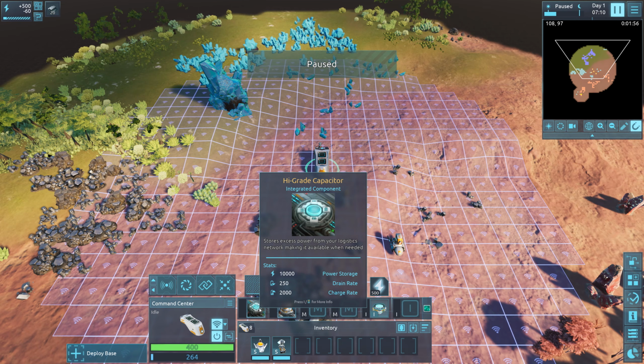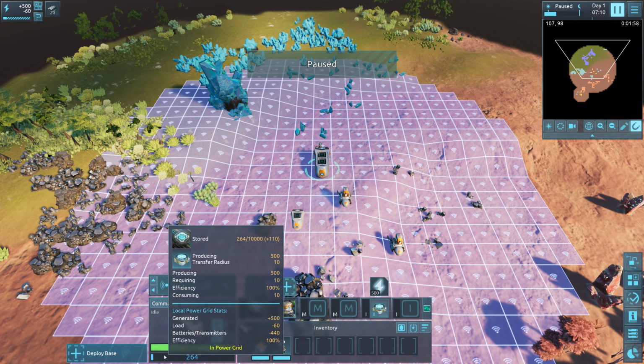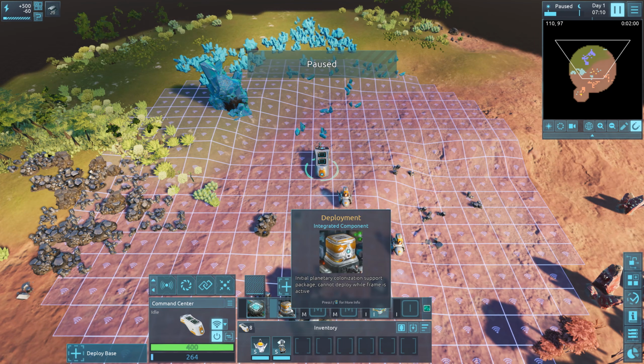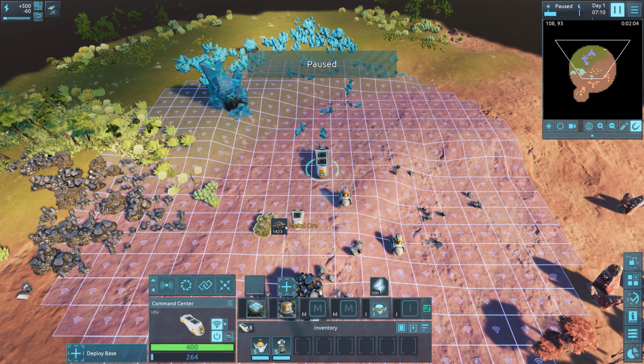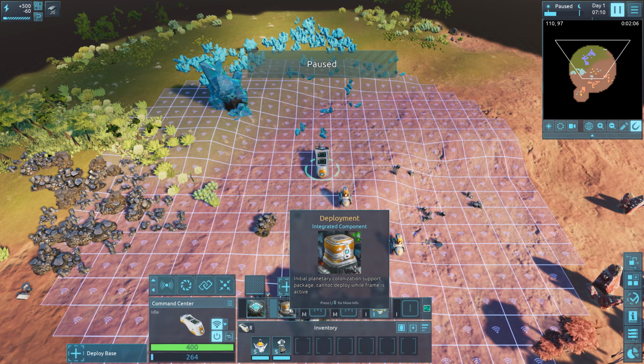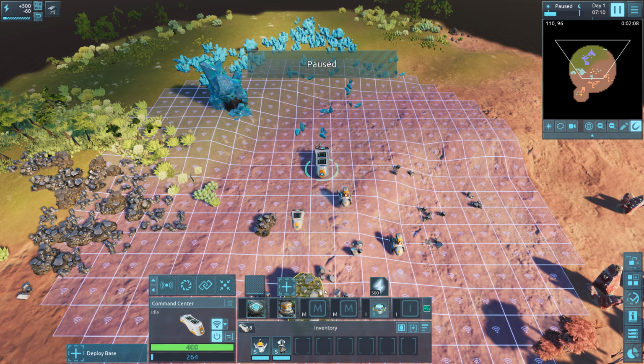It has a high-grade capacitor, which is going to store a bunch of energy. And over here it has a deployment module, which is going to allow us to turn it into a base. And we're going to do that really quickly. It also comes with two medium sockets, and the medium sockets can fit medium and small components, right? There's also large sockets, but we're not going to have units with those for a little while. And you also have